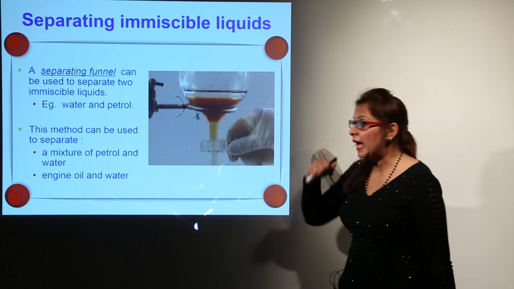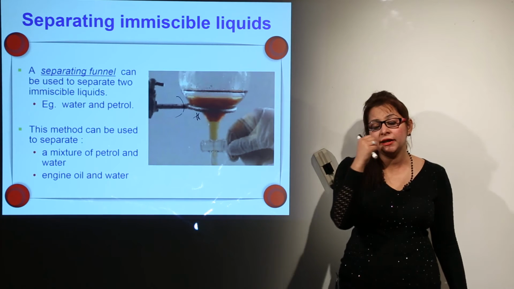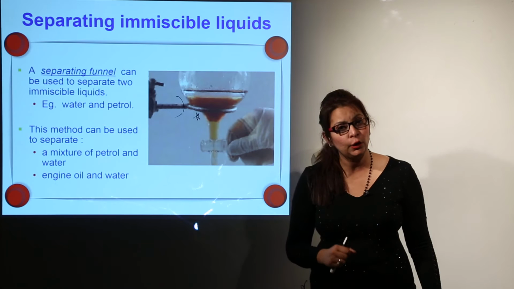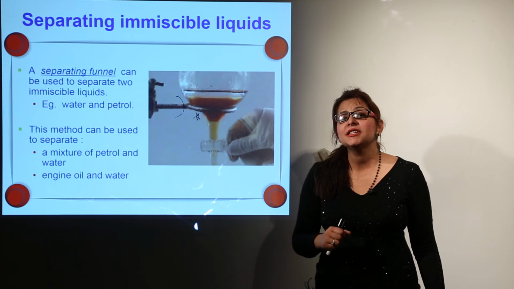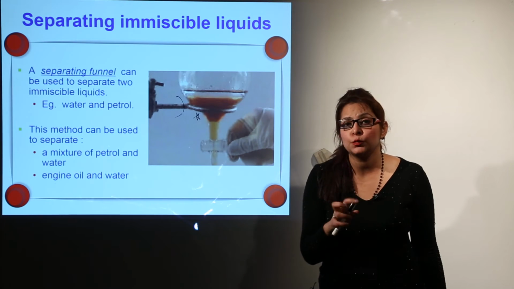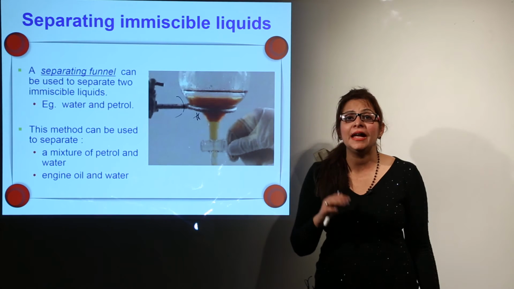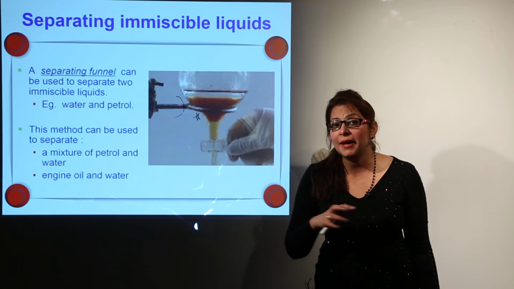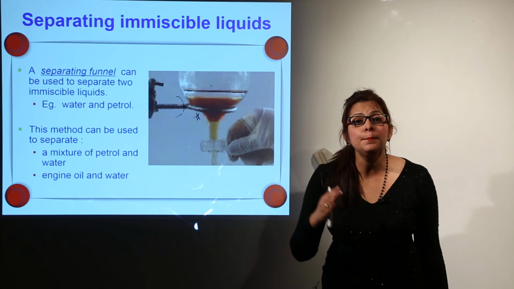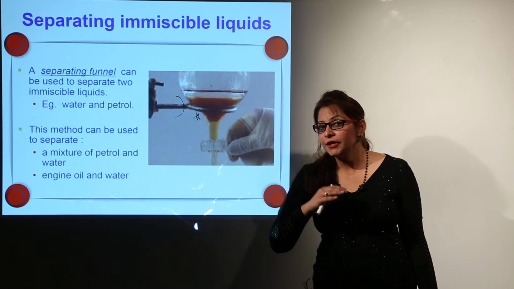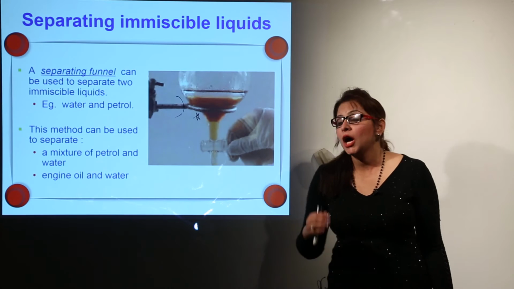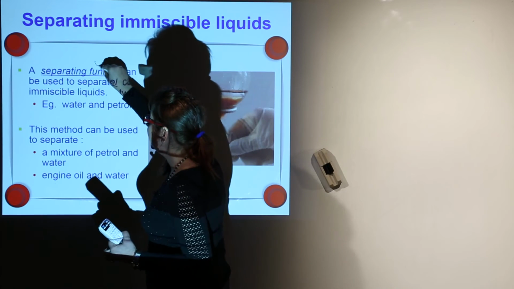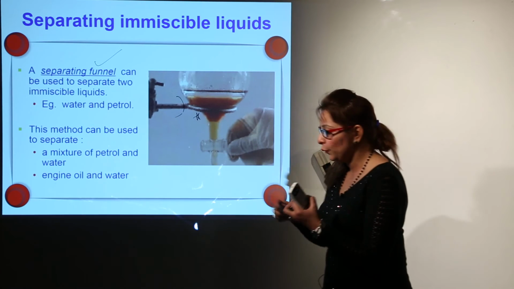That example was for miscible liquids, and now if we have a mixture of immiscible liquids, what do you mean by this? Immiscible liquids are those which do not mix with each other thoroughly. We get to see different layers. For example, oil and water, or petrol and water, they don't mix with each other, they are immiscible liquids. So how do immiscible liquids get separated? They are separated by use of a separating funnel. This you can see. So what do we have?